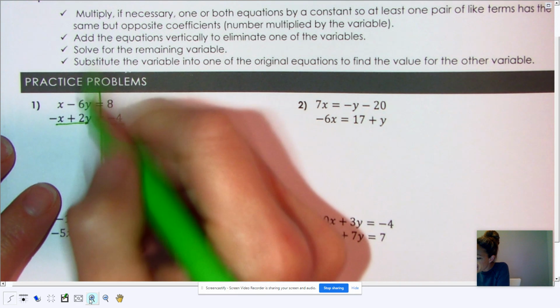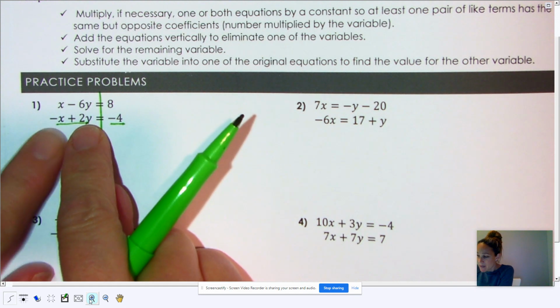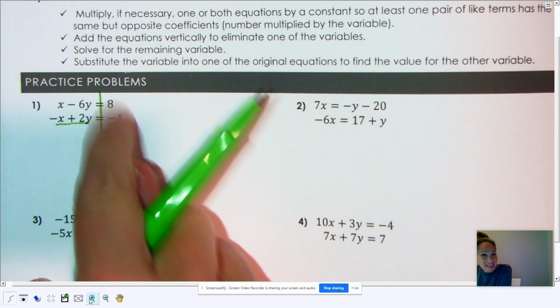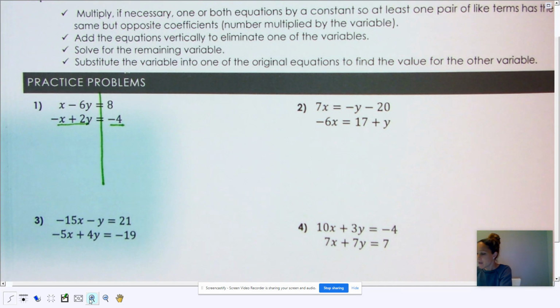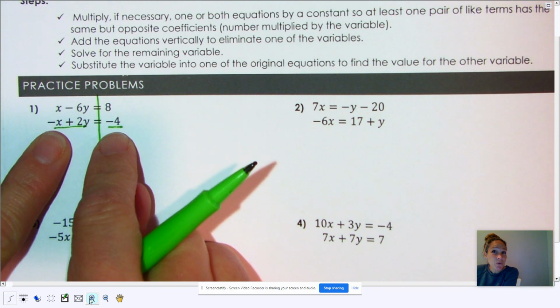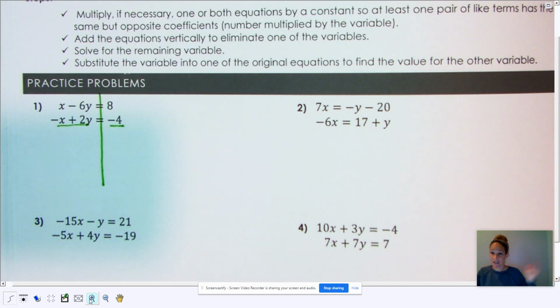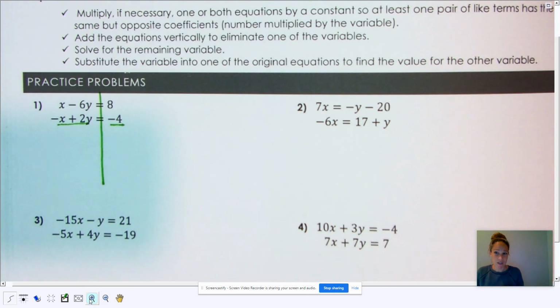So on this side, I like that this has x's and y's because that creates like terms over there. On this side, I like that it's just plain numbers because those are alike and I can combine them, okay? So even though these are different in the way they look, they are equal in value. Just like all of you guys, we all look different. We're all equal in value as people. These ones are equal in value even though they look different,